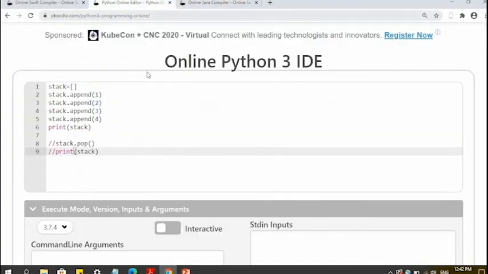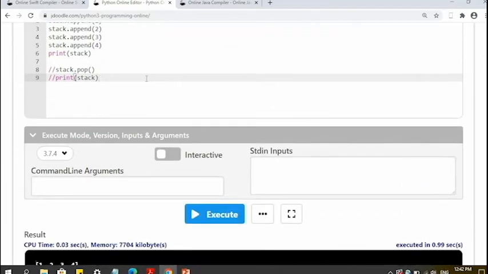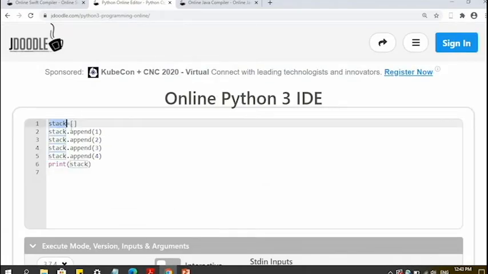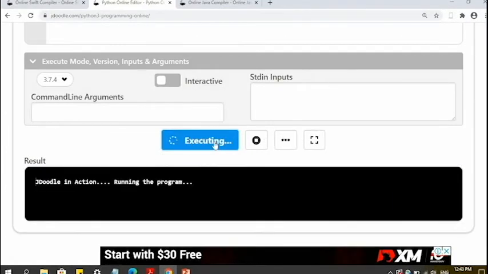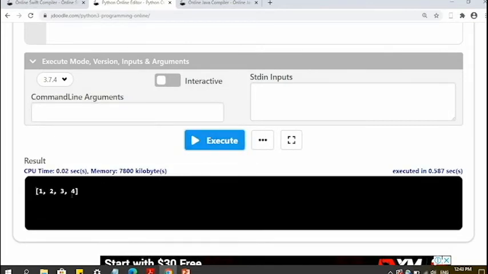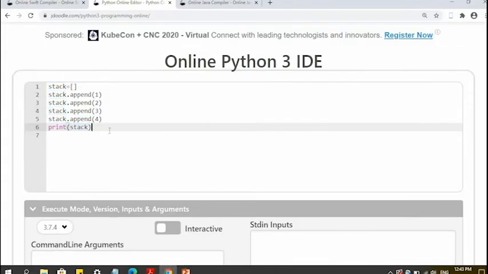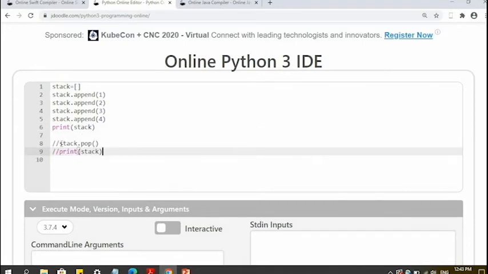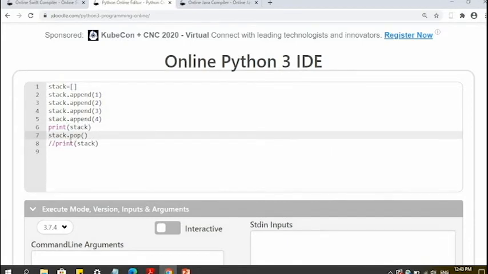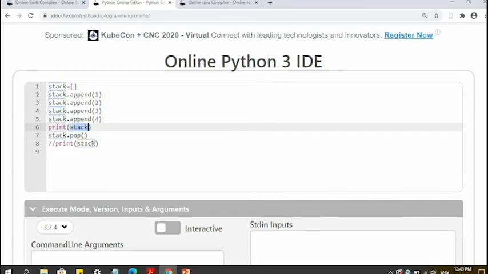Now let's go to Python and see how we can use this stack data structure. I have this stack list and I'm appending 1, 2, 3, 4 and printing the stack. Once I execute it, it shows 1, 2, 3, 4. Now I am popping an item and printing again.